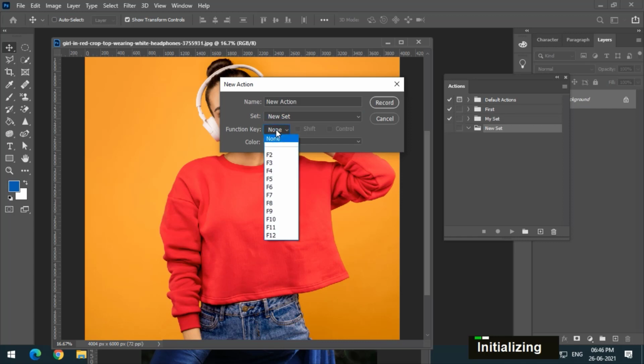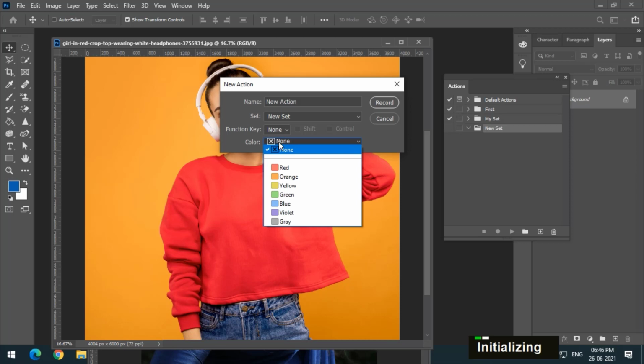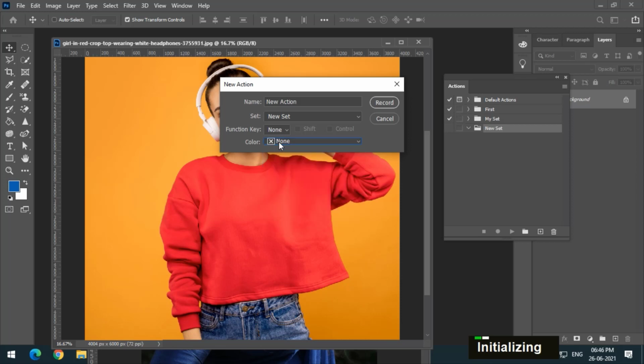Then we can choose a function key if we want, the function keys present on top of our keyboard. If we don't want it, we can simply choose none. We can also choose a color for our action, which doesn't really matter much because it is only for recognizing, so I will keep it at none. As soon as I hit the record button, it will start recording our actions.